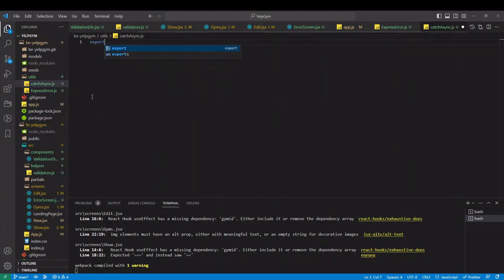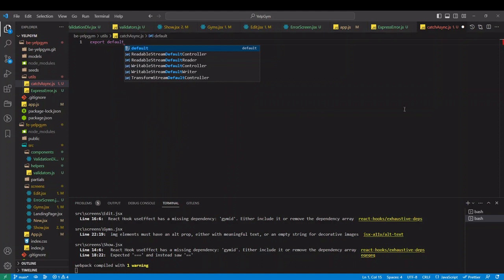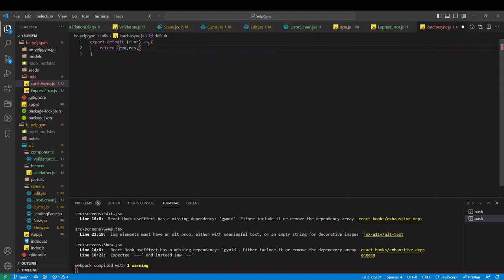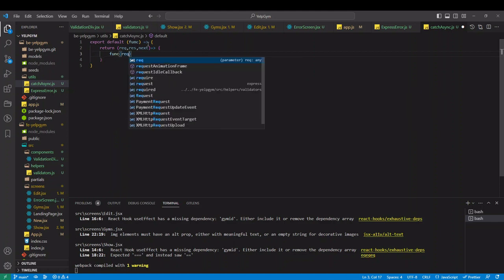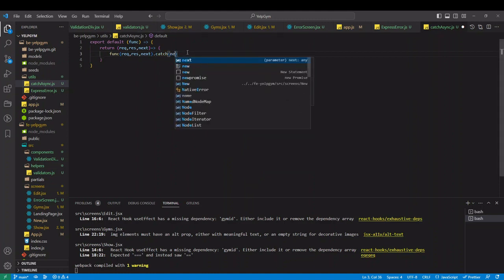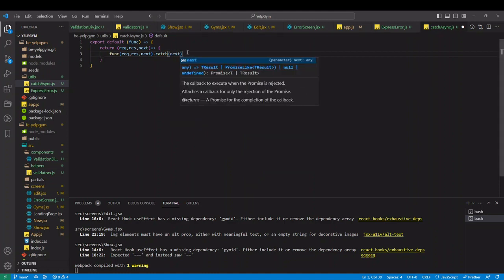Okay, so similar, it's a function that takes a function and it returns back the function that is executing it, but it's catching errors and passing them into the next. Okay,